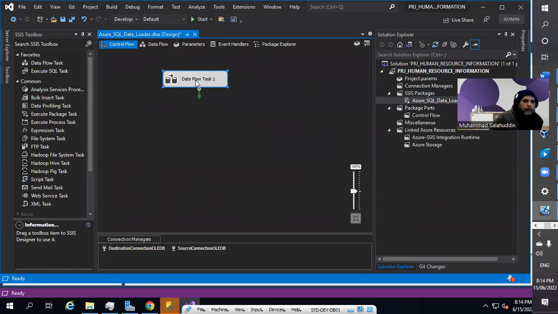If you have some idea about the SSIS package, we have the data flow, which is responsible for transferring the rows from source to destination. You can see we have a destination connection and a source connection, and both connections are defined under our connection manager. I can convert them, but not at this stage. I'm just going to run it first. So let me call it